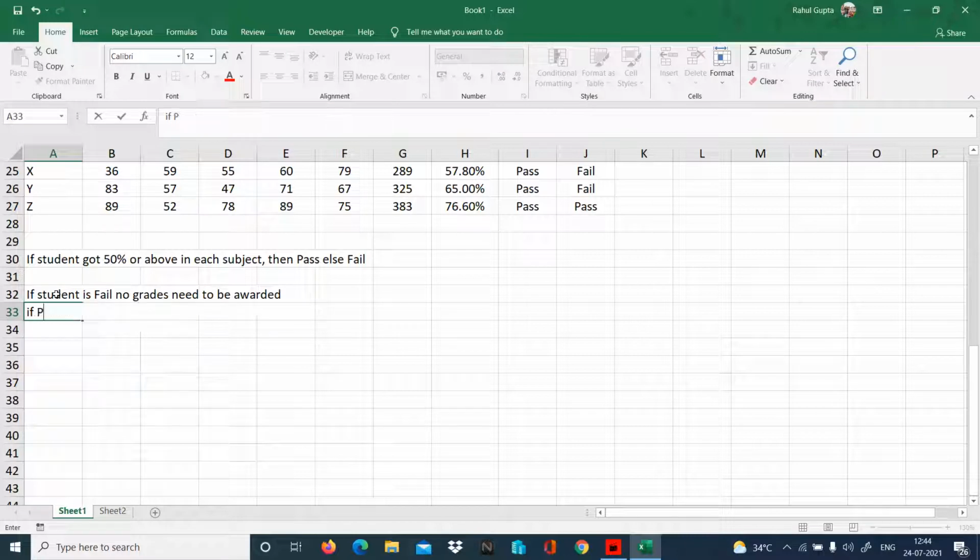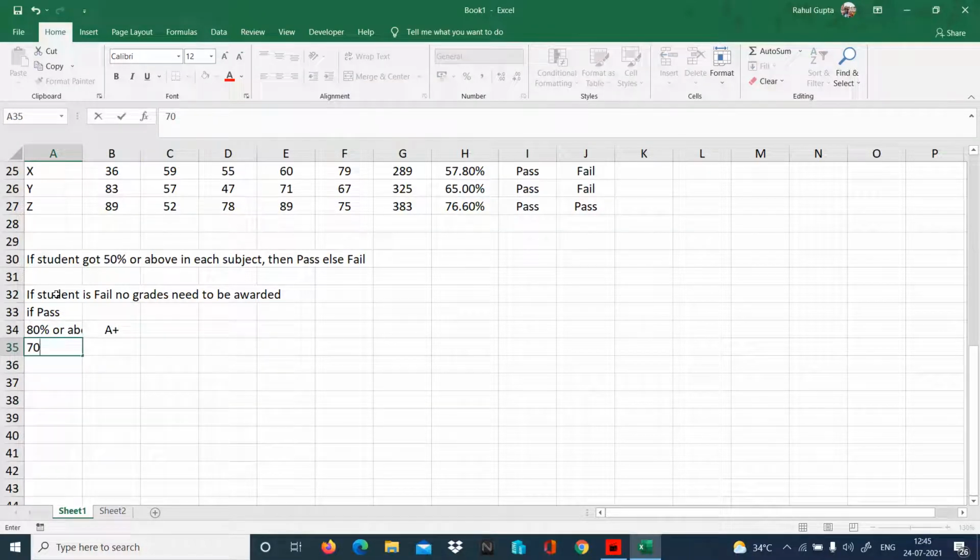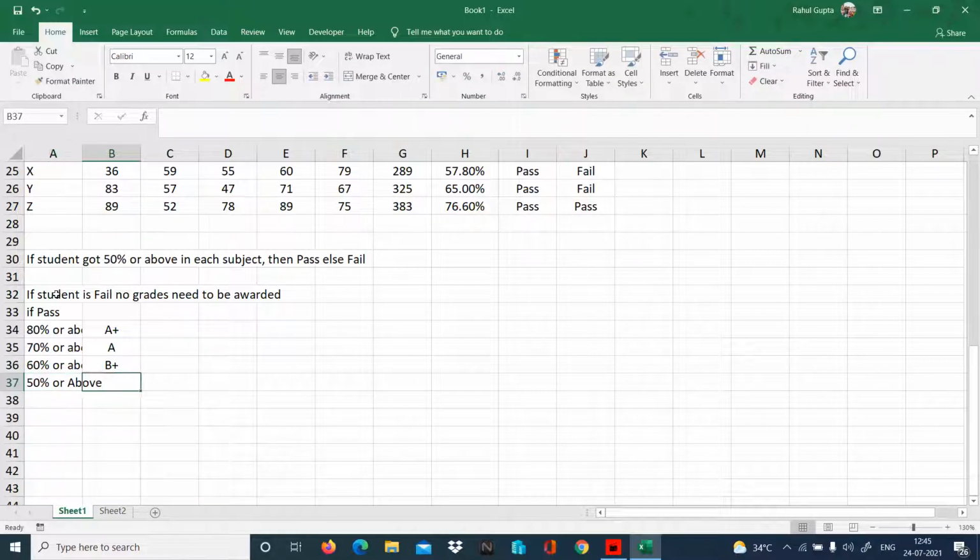If pass, then 80% or above, A plus. 70% or above, A. 60% or above, B plus. 50% or above, B. Since we know it quite well, below that it is all fail. So now in this case, we have to use multi-level if, or I used to say it nested if.